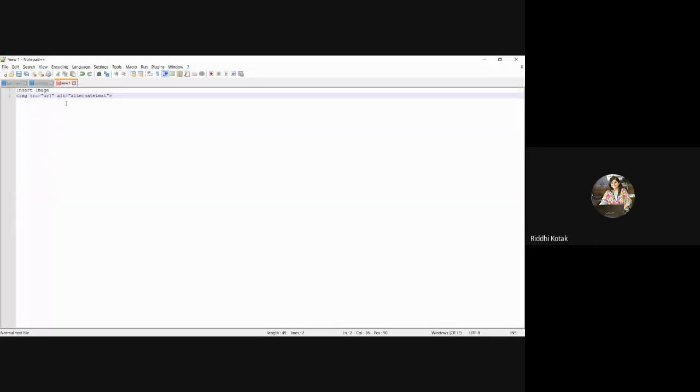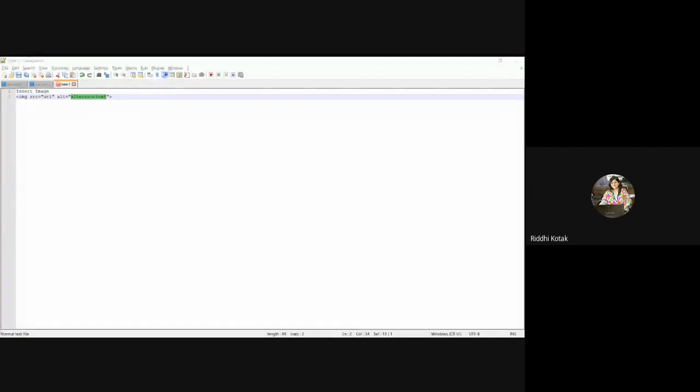Let me write the syntax over here. Alternate text is nothing but the text which you want to display. Suppose you have uploaded the image of the Marwadi University logo. So you have to write in the alternate text: Marwadi University logo. Yes, the students have given the syntax, all are correct. Now you just do the same. This is the syntax, the same way I have provided the syntax in my page also.